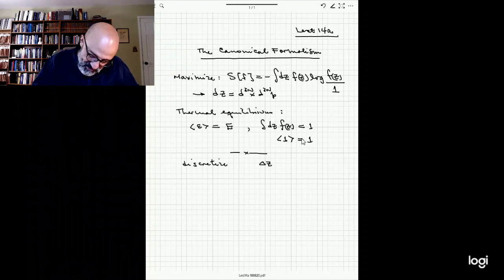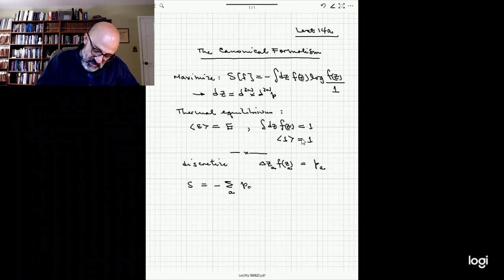And if you take the cell and you multiply by the actual probability of that cell, that's the probability of the microstate A. So we could call this the microstate A. And so under those circumstances, the entropy is going to be minus the sum over the microstates A of P_A log P_A,